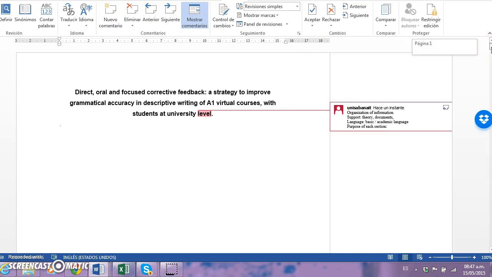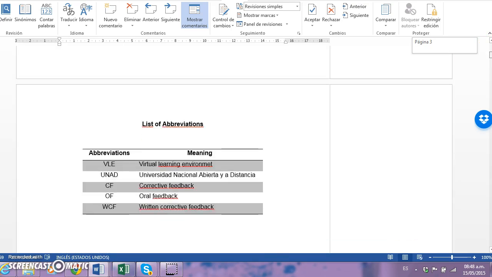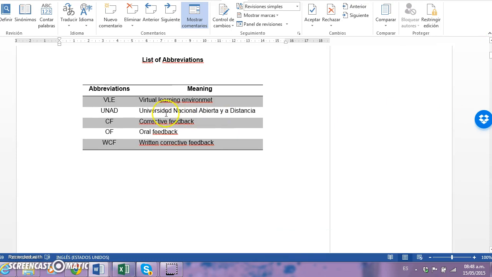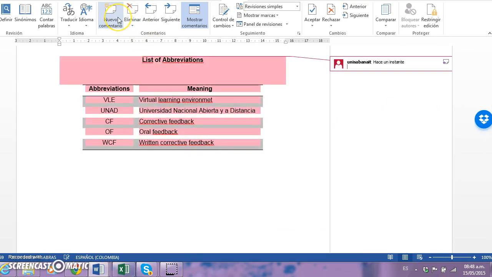But before going to recommendations, I would say that in general, these are the four problems that I saw in your paper. Okay. Whatever you do, please make your paper look professional, well presented,